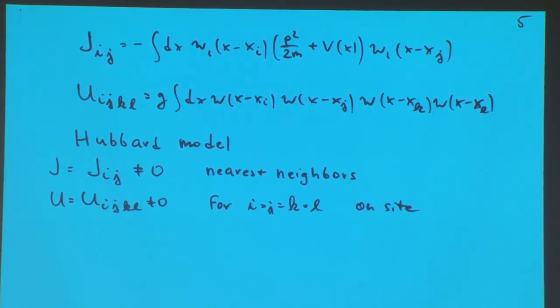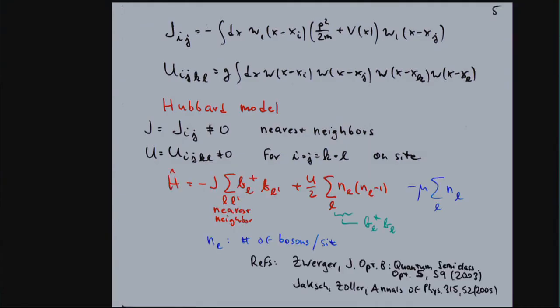And similarly, when it comes to the interaction term, where we have products of 4 Wannier functions, we want to get the overlap of all 4, and then multiply it with G, the prefactor of our delta function, to get an interaction term. Well, the best overlap is if all indices are the same. And this is what I call U. So in that tight binding limit, my Hamiltonian is now very simple. It consists of a tunneling term parameterized with J and an on-site interaction term parameterized with U.